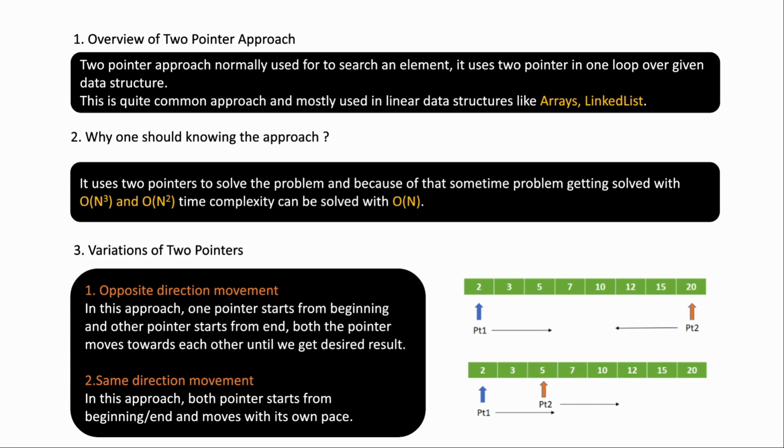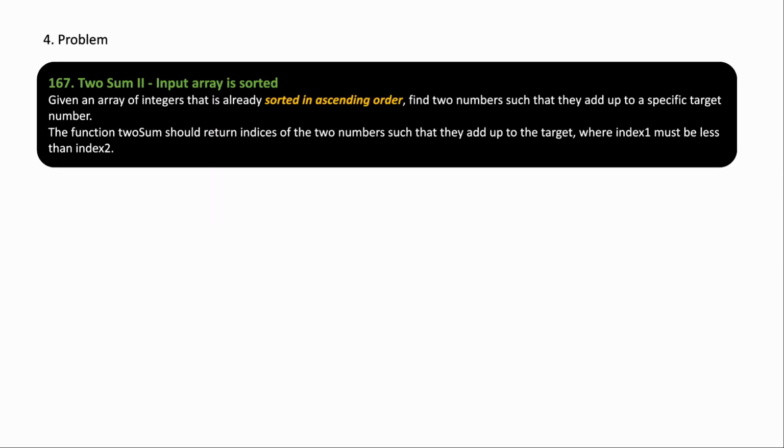All right, now let's understand one problem and see what the two pointer approach is, and how we can get a linear time complexity with it. The definition here, from one of the LeetCode problems, is Two Sum II, where the given array is sorted. Again, the two pointer approach is very helpful when your input or given data structure is in sorted order, then only it will be more beneficial. How it will be more beneficial we will understand with this example.